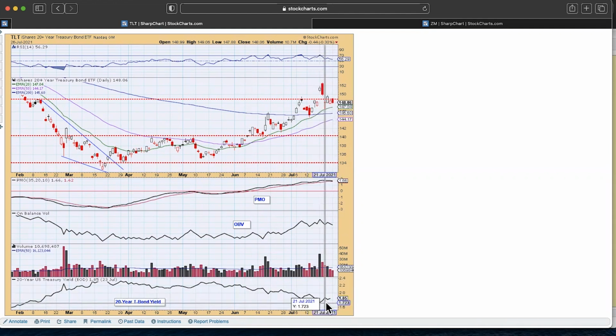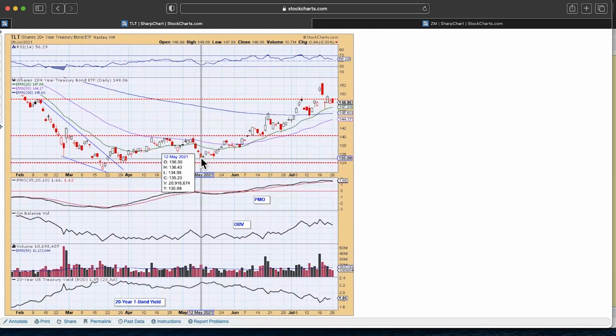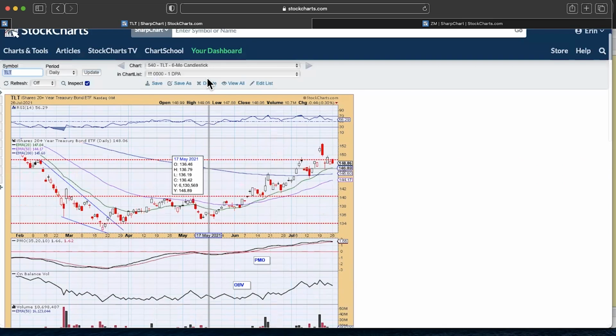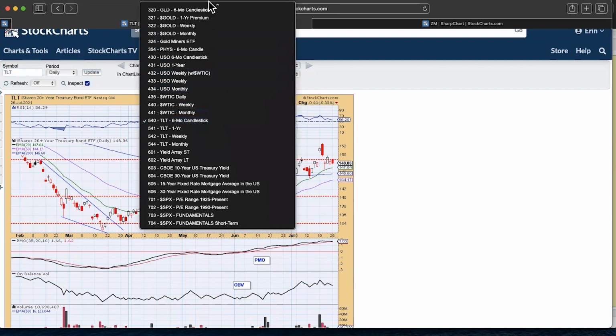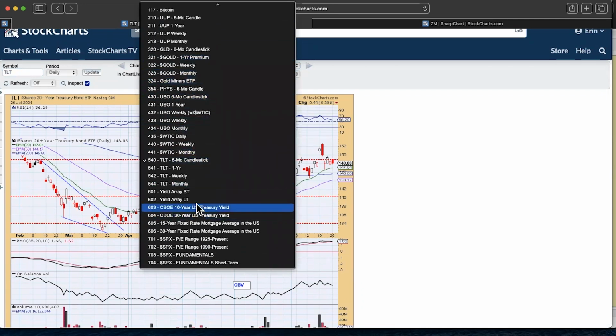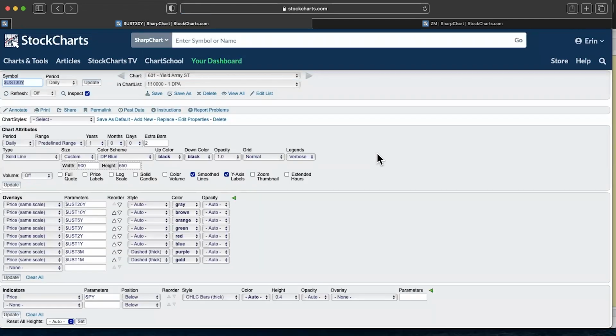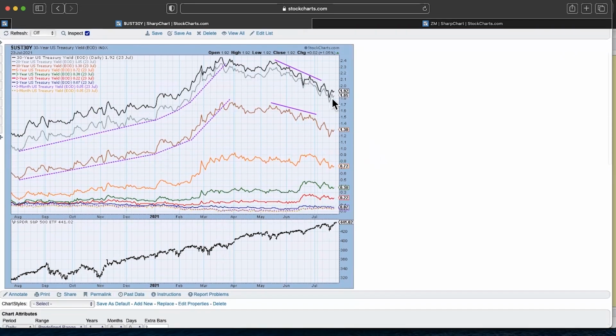And as you can see, the 20-year yield is beginning to rise. And of course, that's putting pressure on TLT. It's still holding that rising trend though. And I want to show you the yield chart. There it is. So as you can see, these declining trends are still intact, just like the rising trend is still intact on TLT. So that tells me we still have some possibilities going on here for TLT,